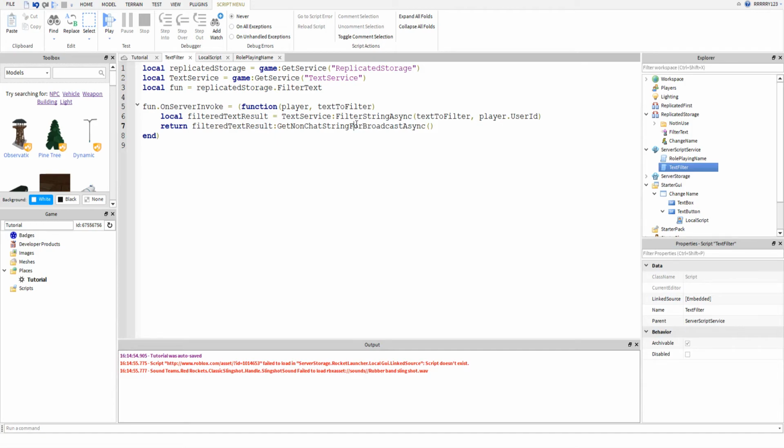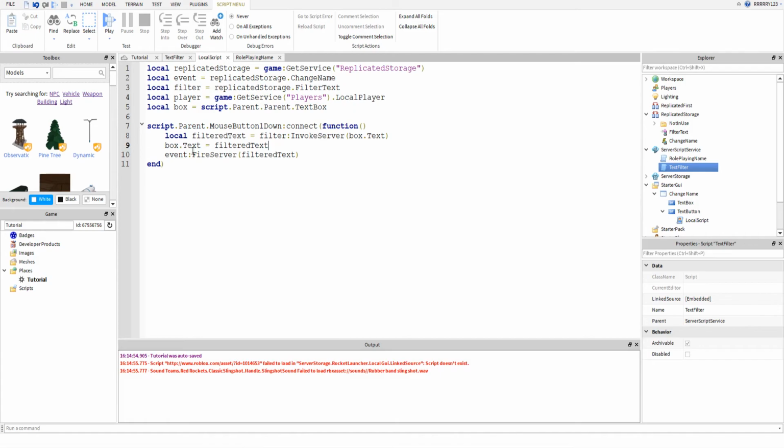You can find the other two functions on the wiki. One of them has to do with chat and the other one has to do with non-chat text that will only be seen by one other player, and those can be catered directly to a specific player's content filter. So if I wanted to create a GUI that sends private messages, I could tailor the filter to work with the player that I was sending the message to. So maybe if they had the 13 plus filtering, they could see a little more than someone that didn't have the 13 plus filtering. And so anyways,